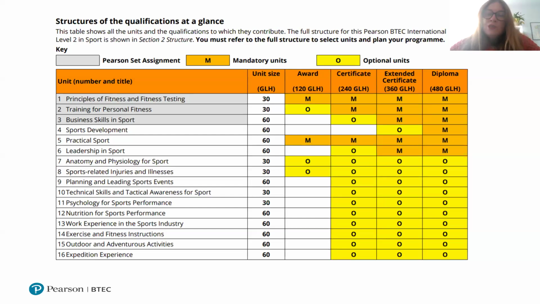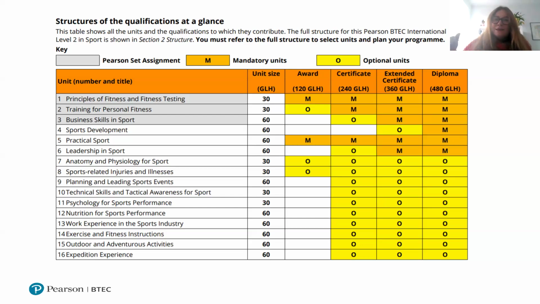Internationally recognised qualification, which I think is important in the international space for our students and learners because of the transient nature of some of our students, and will also allow for exploration and demonstration of skills that they might have picked up in GCSE PE, for example, and to allow for units that can be built upon should the students decide that they wanted to move on to level 3. So something like anatomy unit 7, for example,